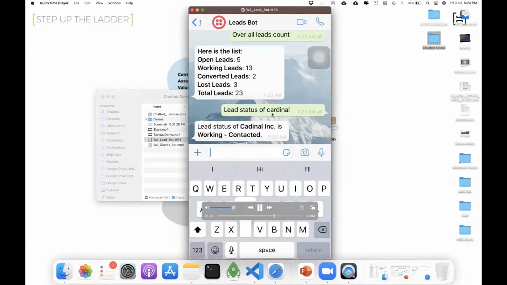So Cardinal is nothing but the company name. If you see here, the actual name is Cardinal Inc, but just with the help of Cardinal, it was able to understand that.